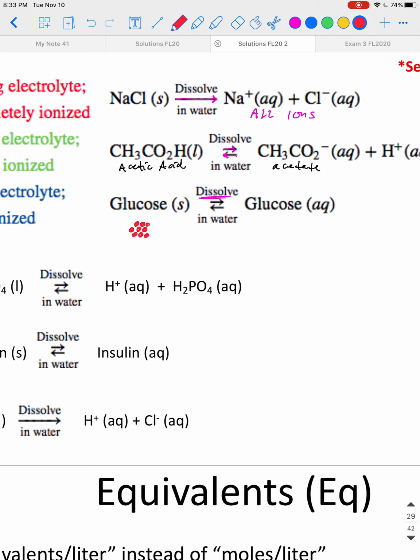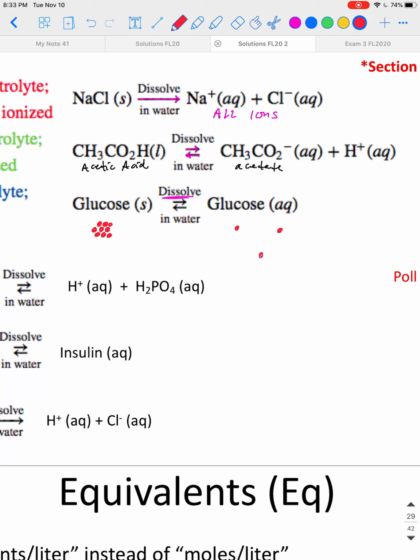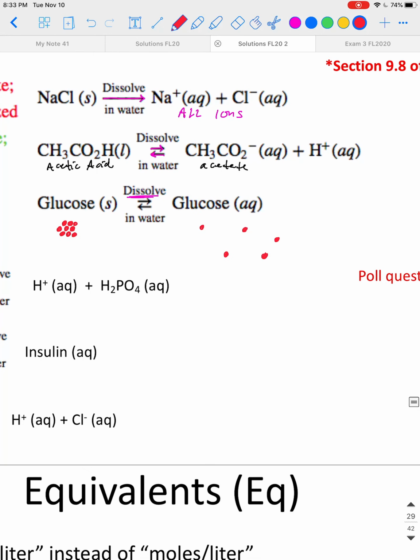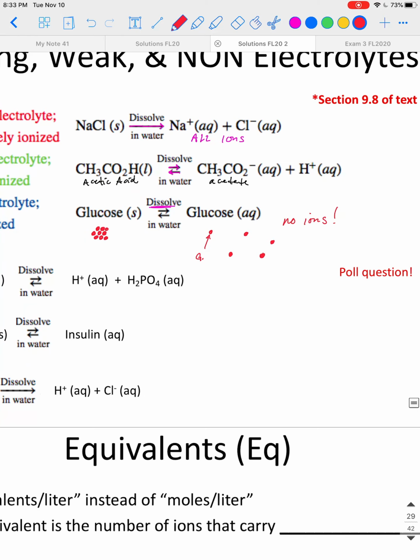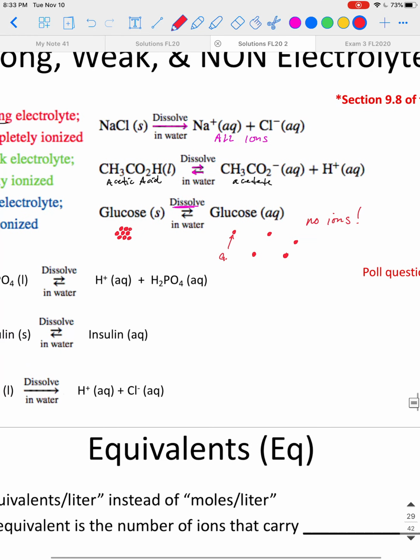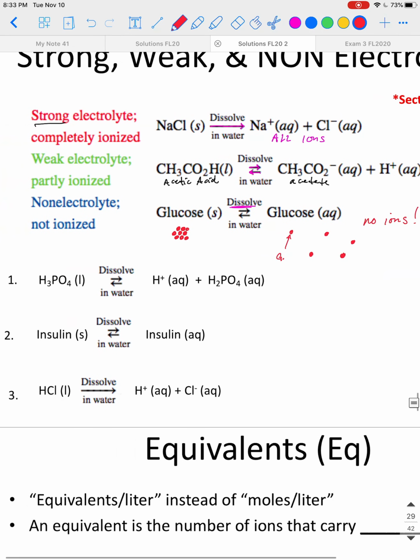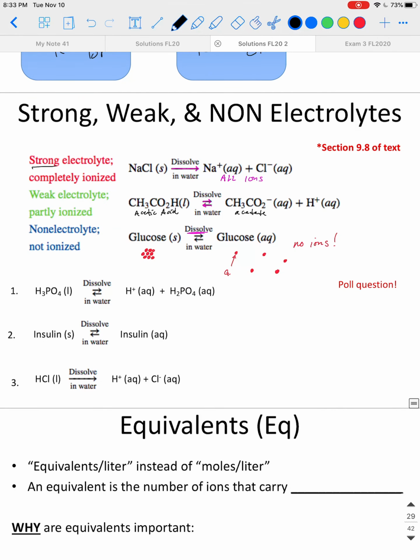And let's say you dissolve it in water. Well, what's going to happen to those particles? Now they're all aqueous, and it just looks like this. They'll just be spread apart, and they'll be moving past one another because that's how things behave in a liquid phase. Okay, so all of these are glucose, individual glucose molecules, but none of them are ions. There's nothing charged here, so no ions on the product side. A lot of biological molecules behave this way. They are non-electrolytes because they don't make ions, but they do dissolve. So make sure you know the difference there,